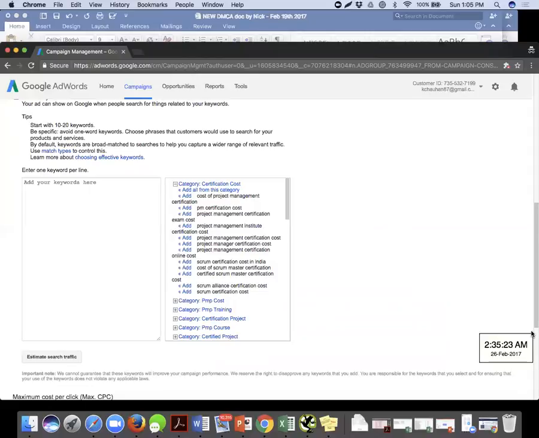On the basis of the content which is there on our website, the entire website, there are keywords which are being recommended by Google, on the basis of the final page URL or the entire website basically. I know the final page URL which we have given is all about digital marketing. So why are not only digital marketing keywords being suggested? It's just that Google is looking at the entire website and giving these suggestions.